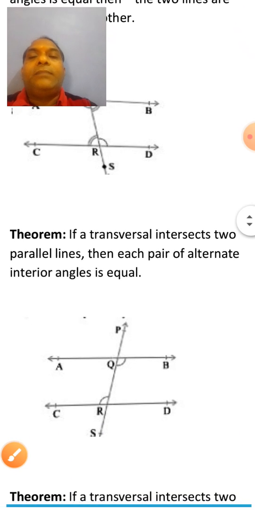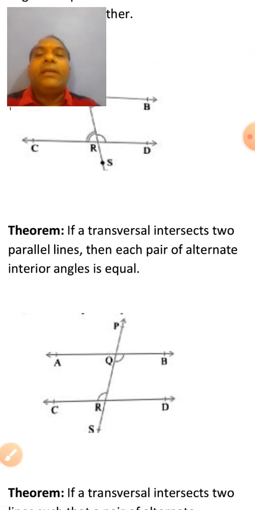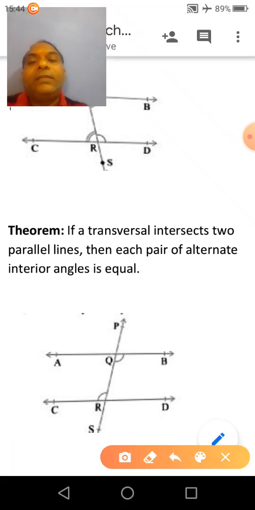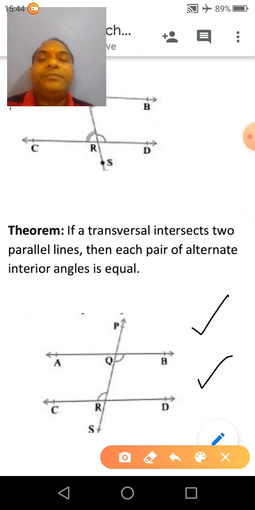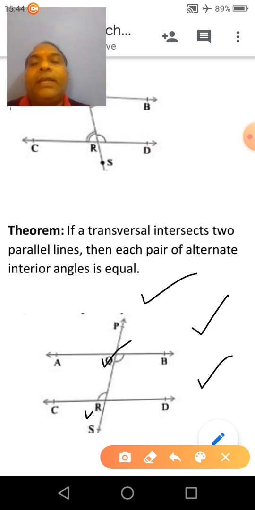Next theorem, if a transversal intersects two parallel lines, then each pair of alternate interior angles is equal. It means, suppose line AB and CD are parallel to each other, clear, and a transversal line PS intersecting these two lines at the point Q and point R. Clear? So according to this theorem,